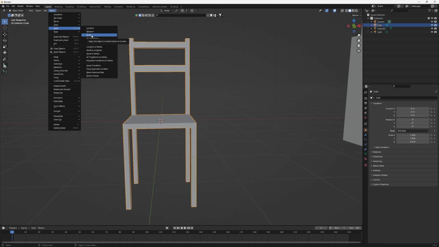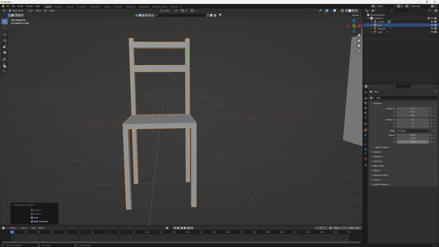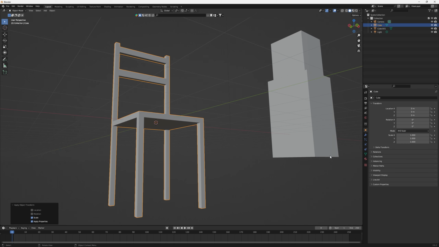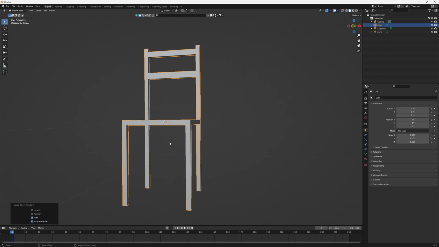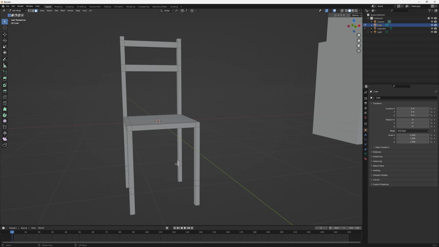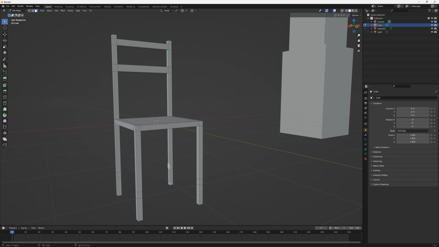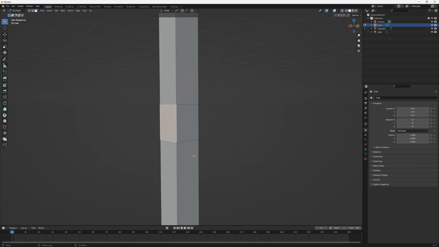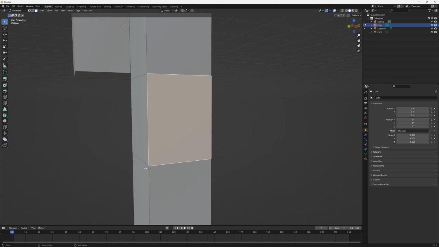Now, once we hit Apply Scale, if we come back to the transform here, you can see that all of its scale becomes 1, 1, and 1, but the shape of the chair didn't change. That's how we set the current value to become the default value for this object. Now we can press Tab and go back to Edit Mode. And now if I inset this face, you'll see that it will have a much better look. So if I press I on the keyboard,